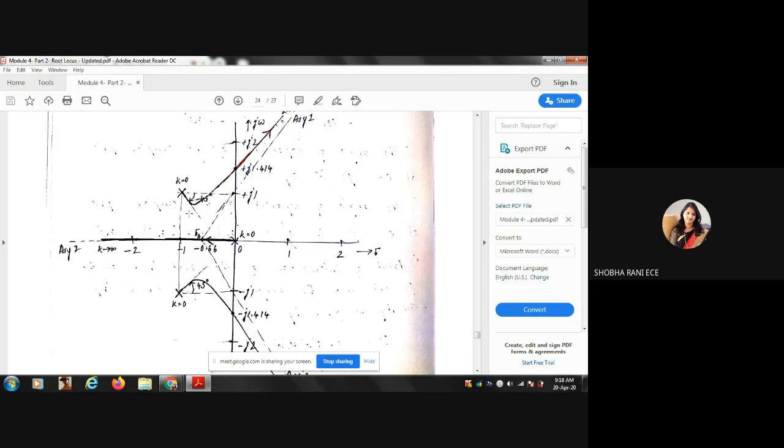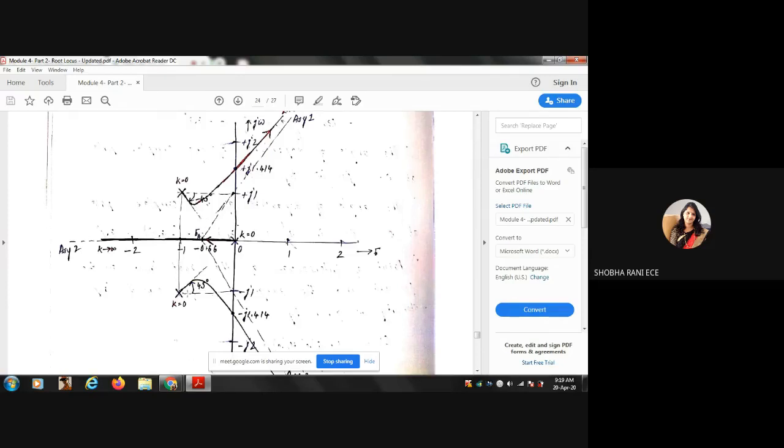After you have done that, now we have the angle of departure. The angle of departure at minus 1 plus j1 is minus 45 degree. Keep your protractor here with 0 as the reference. With this pole as the reference and the real axis, mark minus 45 degree. Minus 45 degree will come below this dotted line. So mark that line. You can see I just marked the dotted line here.